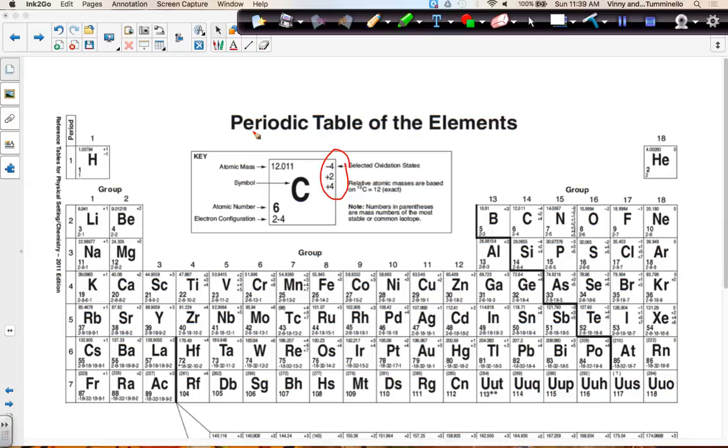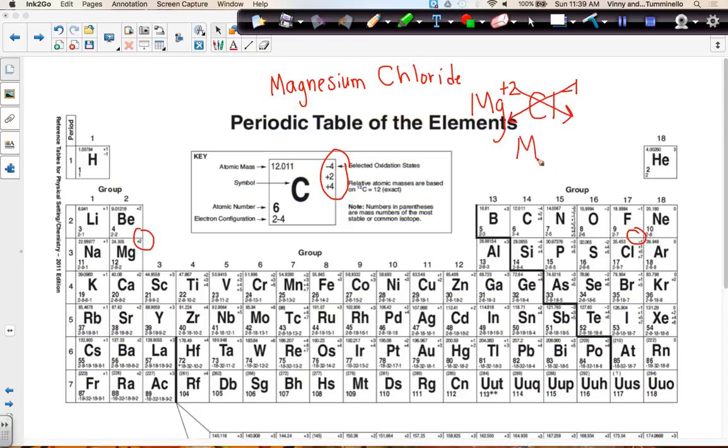So for example, if we want to write the formula for magnesium chloride, we're going to look up magnesium's oxidation number, which is a +2. The "ide" ending, remember, means that we're going to use chlorine's negative oxidation number. So chlorine there has a -1. We're going to crisscross and drop the signs and get